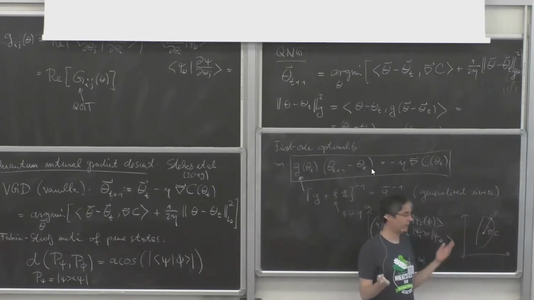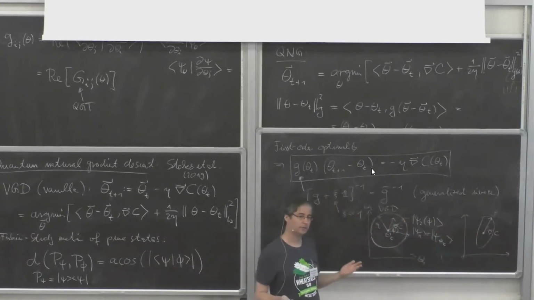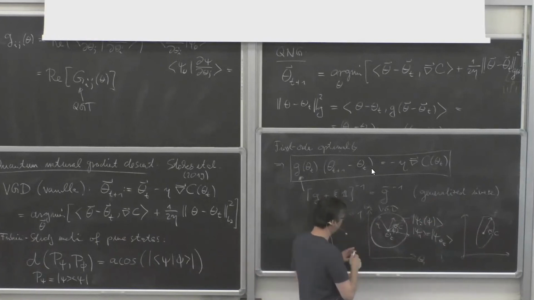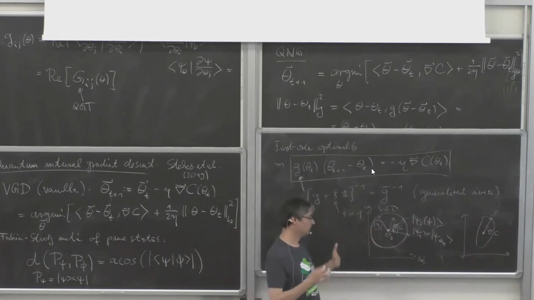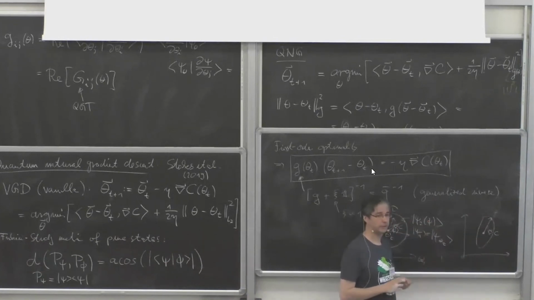You don't care about how far the parameters are from the original parameter. I mean, typically in these updates, I'm not a machine learning expert, but these hyperparameters you have to tune very carefully. Not every step size works equally well. So you need to change it: in the beginning it's large and it becomes smaller and so on. But this is the way it would be. It's using some information about the geometry of the pure states to select the right step size in some sense.